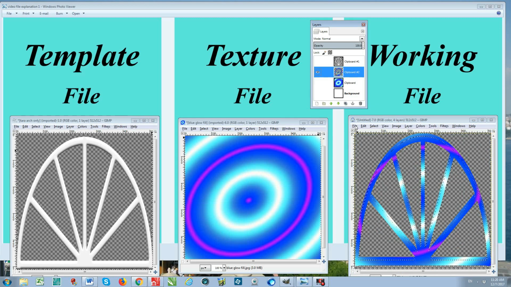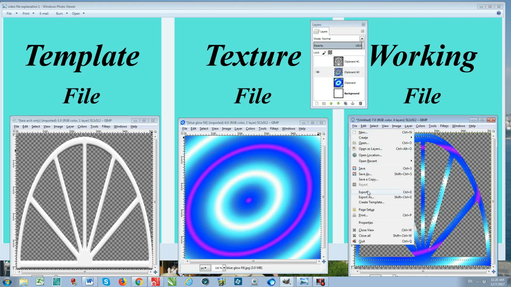We need to save this. Actually, we export it because we want to export this as a PNG file. The PNG file supports transparency. In this case, I've done this already in the demo, so we've exported it. Now, once it's exported, the next thing we need to do is load the thing